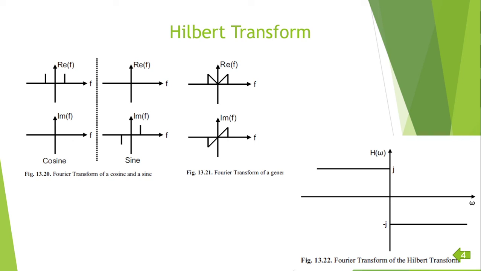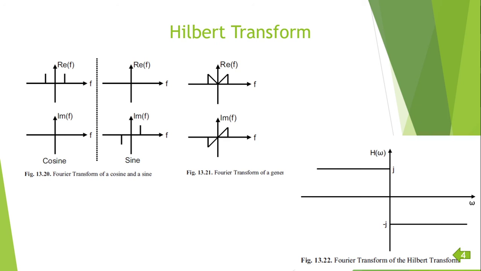This applies analogously to the Hilbert transform of a sine signal. By multiplying the positive imaginary negative sine spectrum by j, the latter becomes negative real, that is, j dot j becomes minus 1. By multiplying the negative imaginary positive sine spectrum by minus j, the latter becomes purely positive real, that is, minus j dot minus j will become plus 1. The spectrum of a minus cosine is obtained in this case.